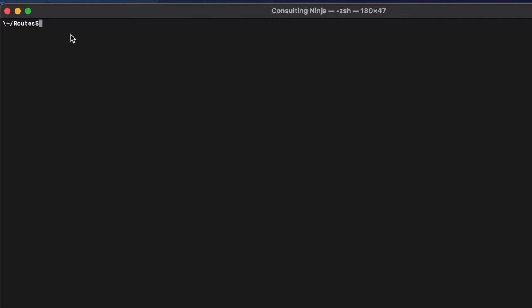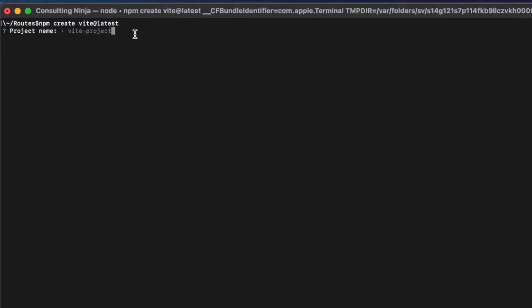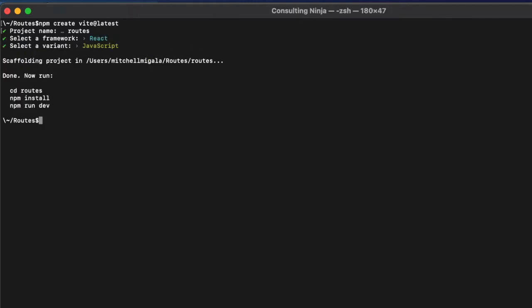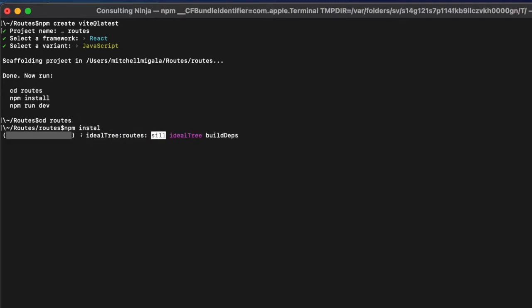Client-side routes using a React application. I'm going to be using Vite to start this up. If you're not familiar, I will post a link in the description to that video. Let's just call this routes, and I'm going to select a React application, and plain JavaScript is fine. We'll jump into our routes and install our modules,